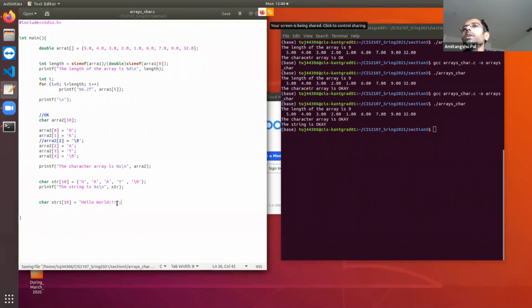In this case, you do not need to type a termination character, because whenever you are putting it inside double quotes, that means the compiler is going to put a null character at the end of the last character in the memory. It is anyway going to put the null character at the end, so you do not need to put it separately. And here it will print